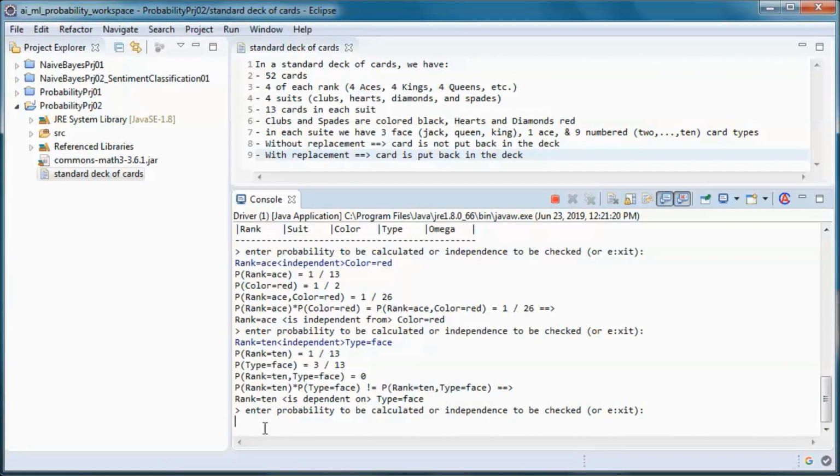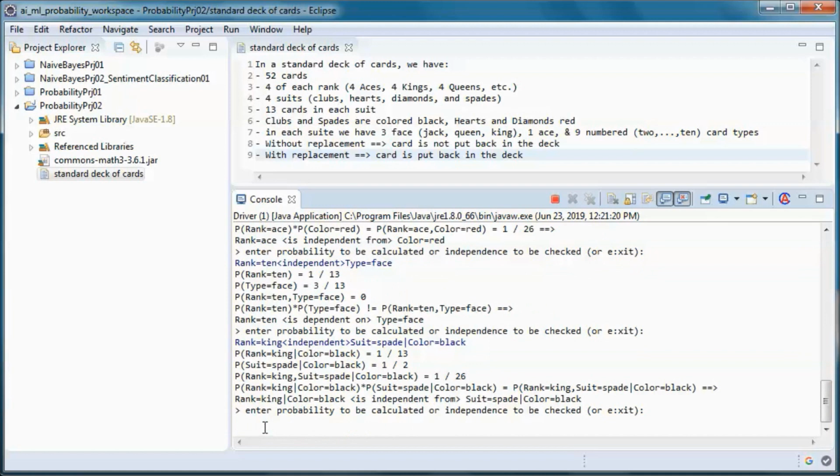And let's try one with conditional probability. So we want to check if rank is king is independent from suit is spade, given color is black.